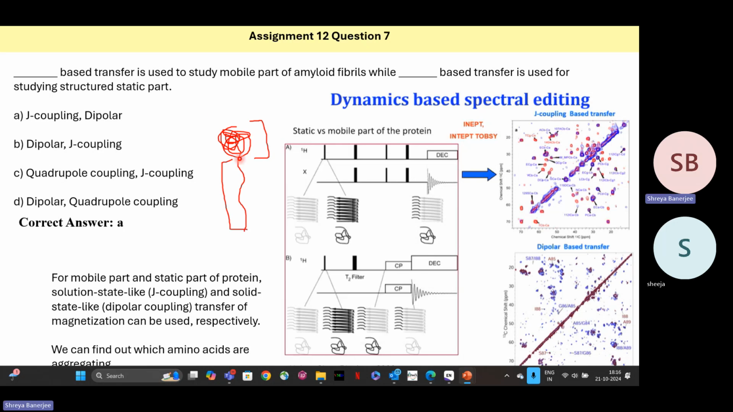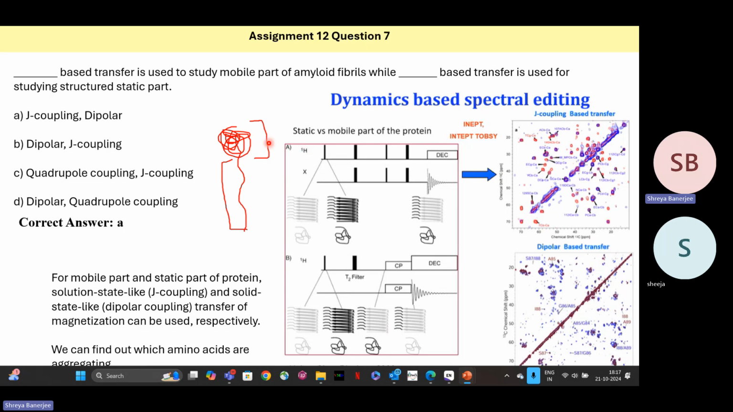So in order to study the mobile part of the protein, we can do J coupling based experiments, basically what we were doing for solution state NMR, like INEPT or TOCSY, in order to find out which amino acids are involved in this mobile part of the protein. But the static part of the protein will need solid state NMR. And for that, what is done is dipolar based transfer of magnetization. Because we just saw a few slides ago that in solid state NMR, the transfer of magnetization mainly happens through dipolar coupling, which is why when we were doing the magic angle spinning, the dipolar coupling term had to be